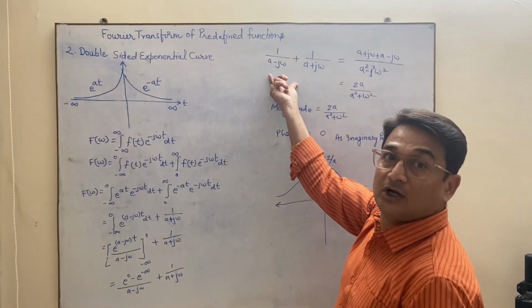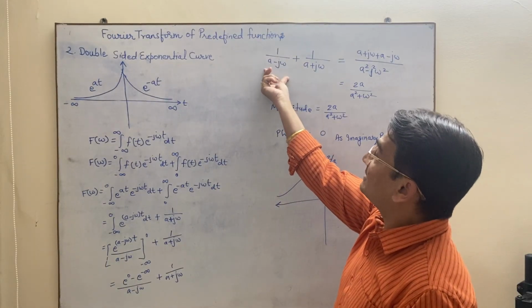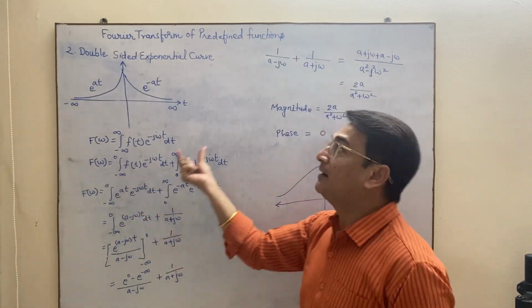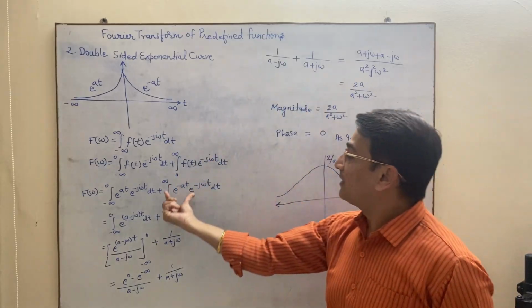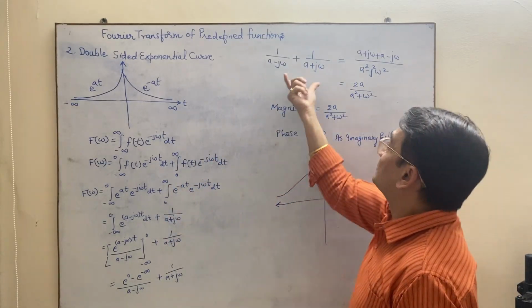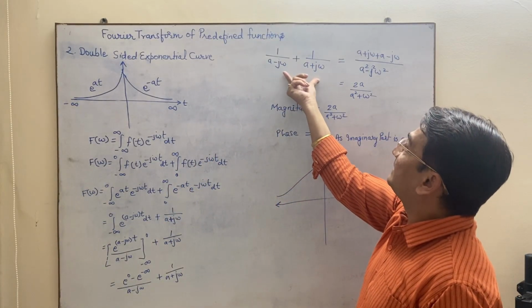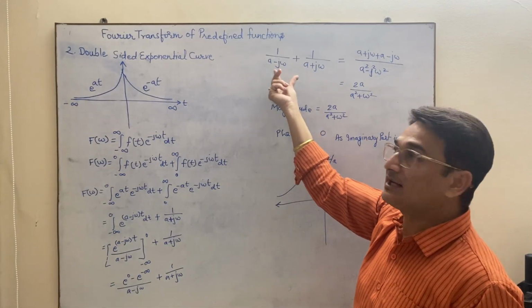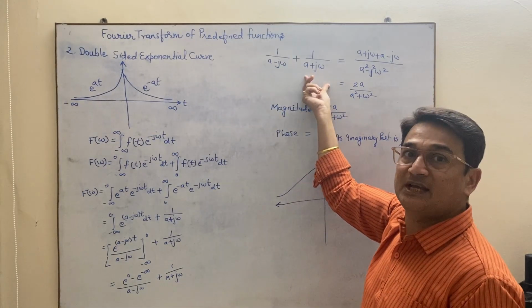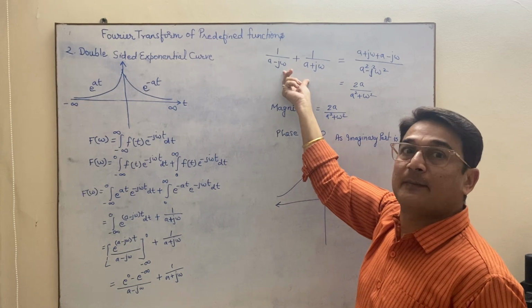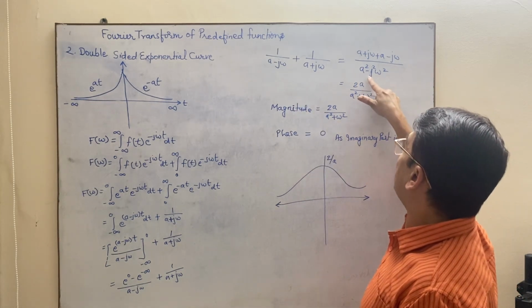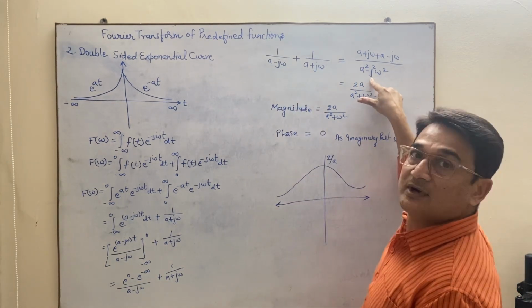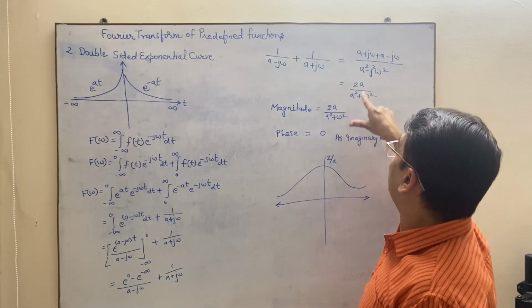So overall you will get 1 upon a minus j omega for the first part and 1 upon a plus j omega for the second part. So by solving this, take the LCM, which is a plus j omega and a minus j omega, that is (a minus b)(a plus b), which comes out to be a square minus b square. So this is a square minus b square, and j square is minus 1, so it will become a square